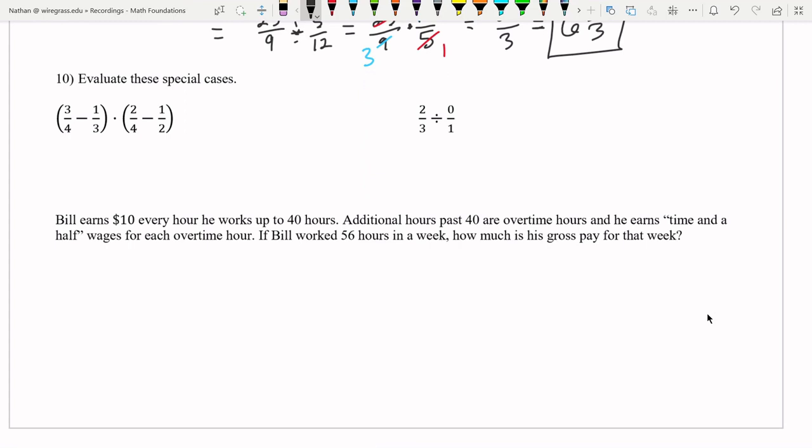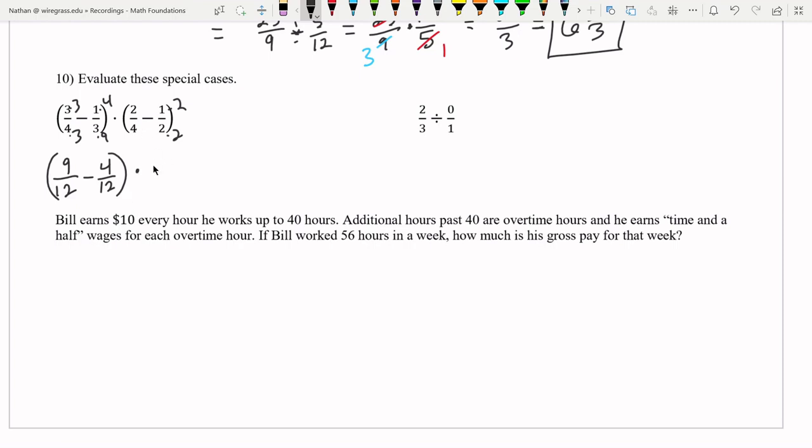Okay, we want to evaluate these special cases. Same process though, order of operations still applies. We have 2 things inside of a fraction. 4 and 3 is 12 when I multiply them, so that's my common denominator. There is no other least common denominator. And here I can get common denominators of 4. Just multiply this one by 2 over 2. So I get 9 over 12 minus 4 over 12